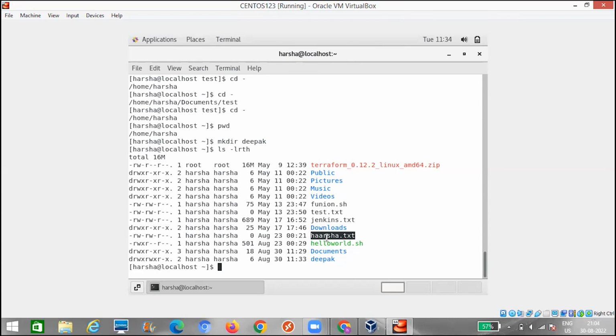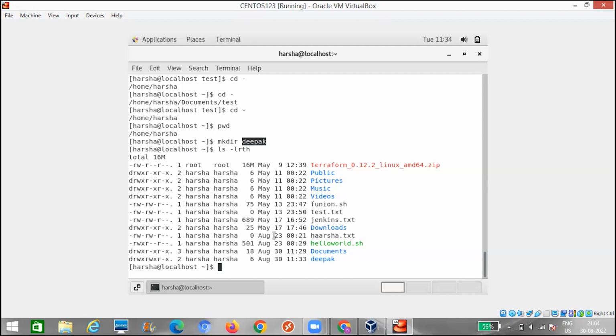This is how we differentiate a file and a directory. The next command we need to understand is how to create a file. Till now, I have created a directory named Deepak. Now I want to create a file. I can use a visual editor, that is one way.